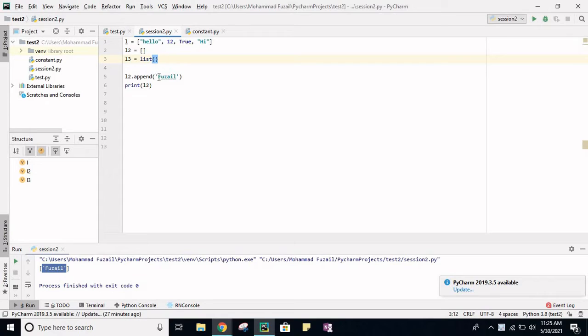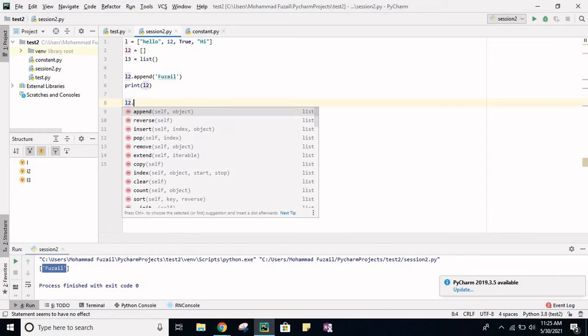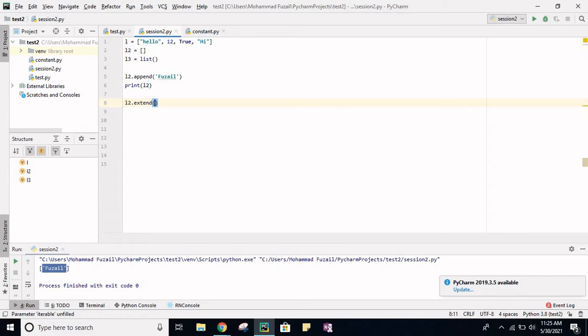Now to add an element one by one, you can use a function called the append function. But if you want to add more than one item at a time in a list, which function will you use? You will use the extend function. The extend function takes a list of different numbers of elements. So we have this L, and we have 4 elements here. We want to add all these 4 elements in list L2.